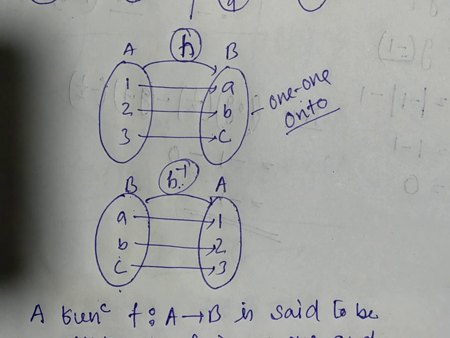Whenever you have to check whether the function is invertible or not, we will try to check the 1-1 and onto condition, and we will give the conclusion: if the function is 1-1 and onto both, the function is invertible. Okay, so this is the most important topic of class 12 from the